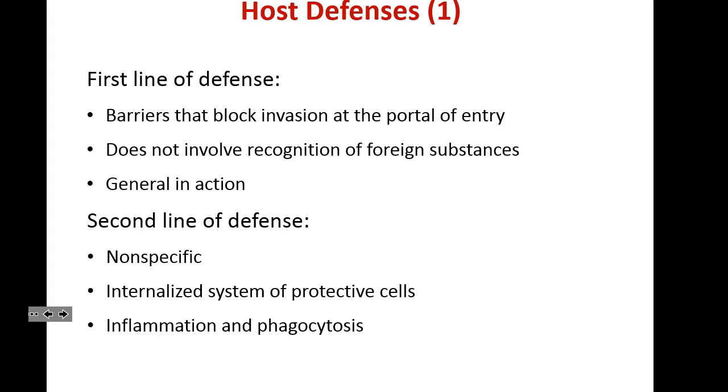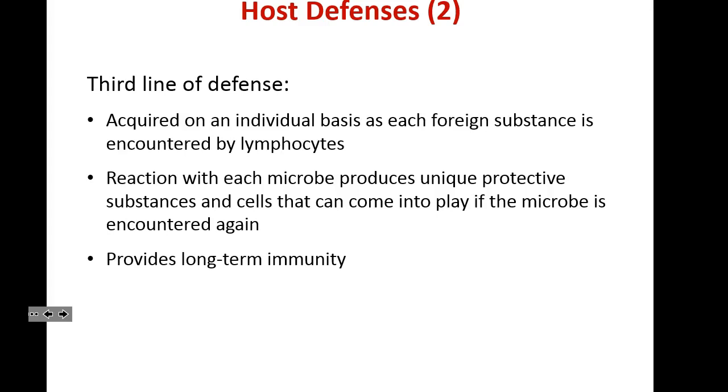The first line of defense are barriers that block invasion at the portal of entry. It does not involve recognition of foreign substances and is general in action. The second line of defense is a non-specific, internalized system of protective cells, inflammation, and phagocytosis. The third line of defense is acquired on an individual basis as each foreign substance is encountered by lymphocytes. Reaction with each microbe produces unique protective substances and cells that can come into play if the microbe is encountered